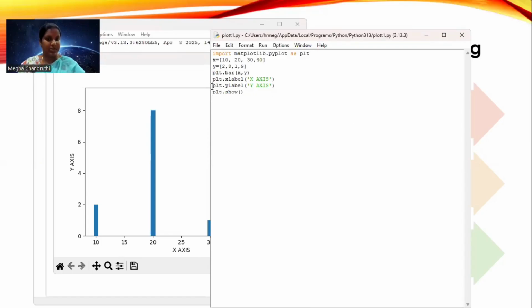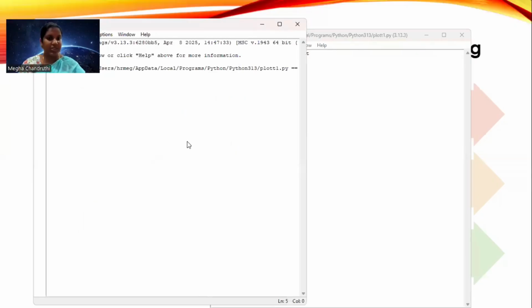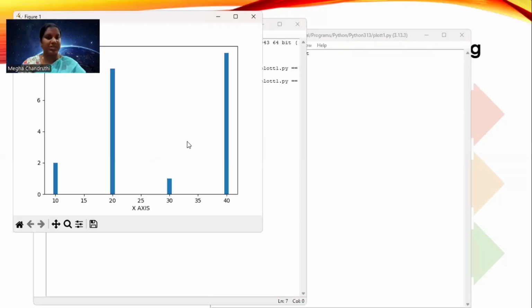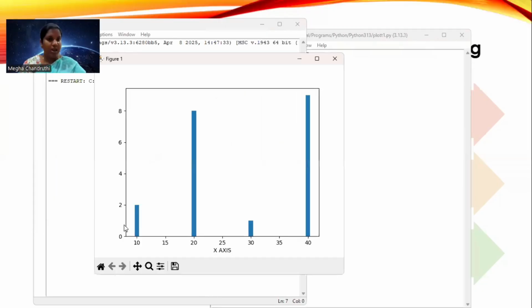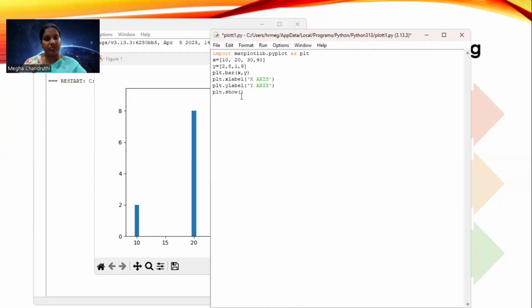So in our example, let me remove the y label. So on the y axis, I will not get the label. Even coloring changes can also be done. Whatever editing you want, you can do that also. So now you can see that the x axis is the same, the y axis is not. But whatever editing you are doing, everything should be done before the show only.